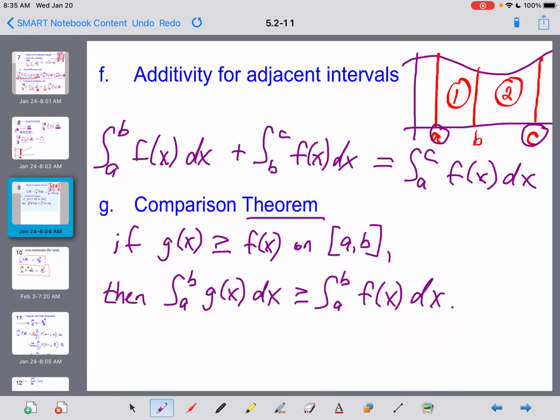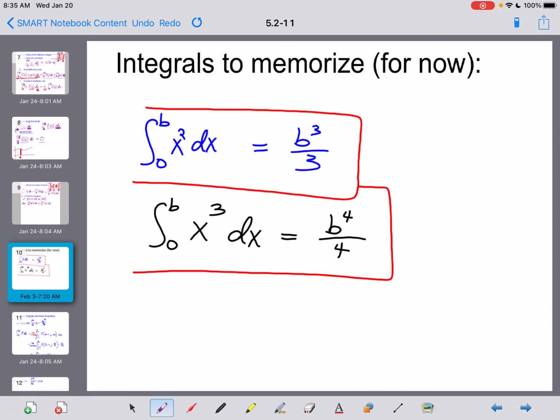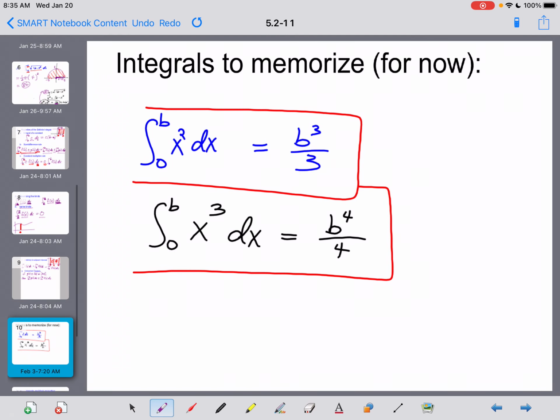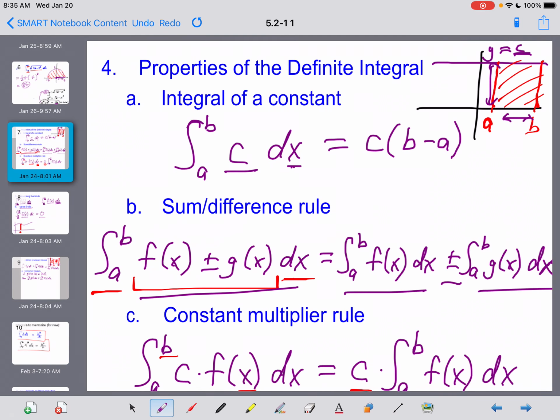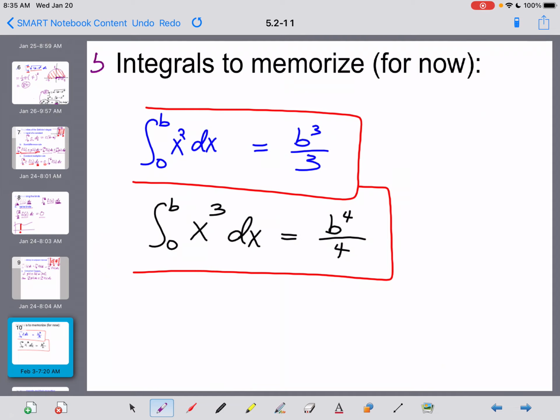Now we kind of blur the line right here between practicality and working theoretically. So for this last section, I don't know why I didn't put a number at the top of this. Let me think. That was number 4. I guess I should have called this number 5. Sorry about that. All right, real quickly, integrals to memorize, and I do say for now, because pretty darn soon,